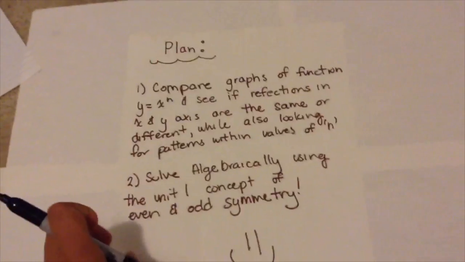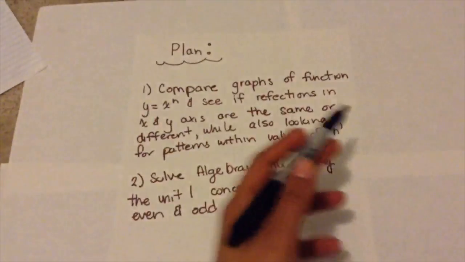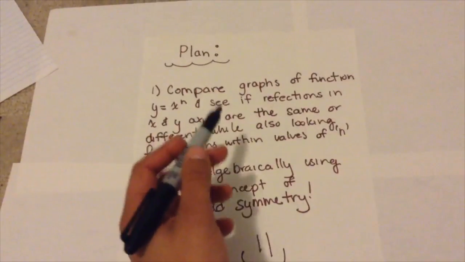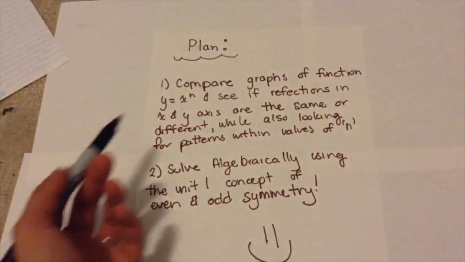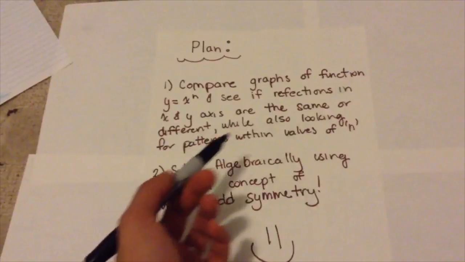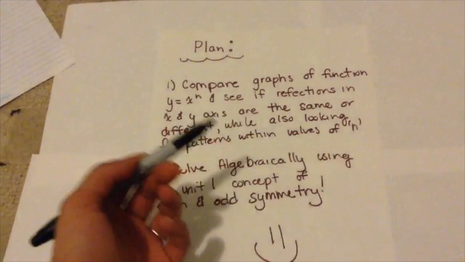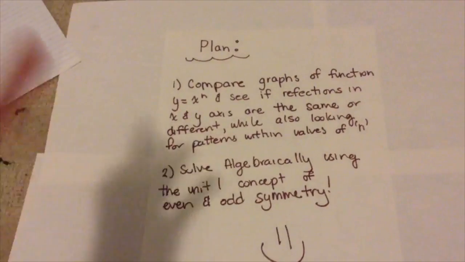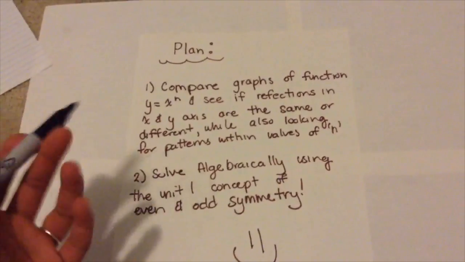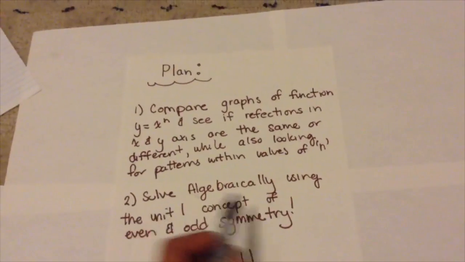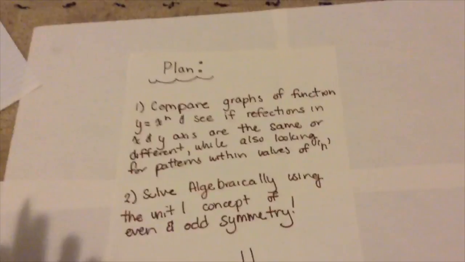Alright, so here's the plan to solve this question. We're going to compare the graphs of the function y equals x to the exponent n and see if the reflections in the x and y axis are the same or different, while also looking for patterns within the values of n. Another way we're going to solve this is algebraically, using the Unit 1 concept of even and